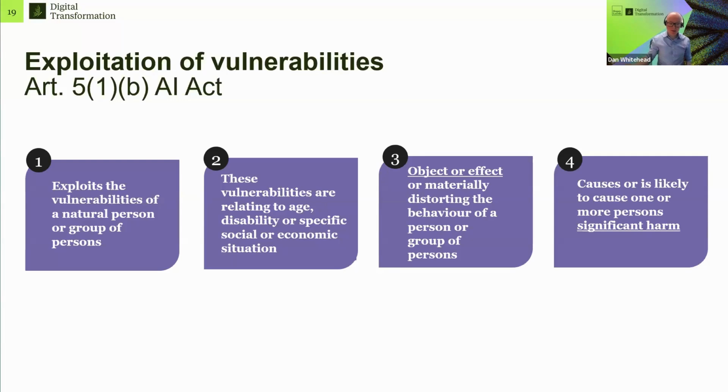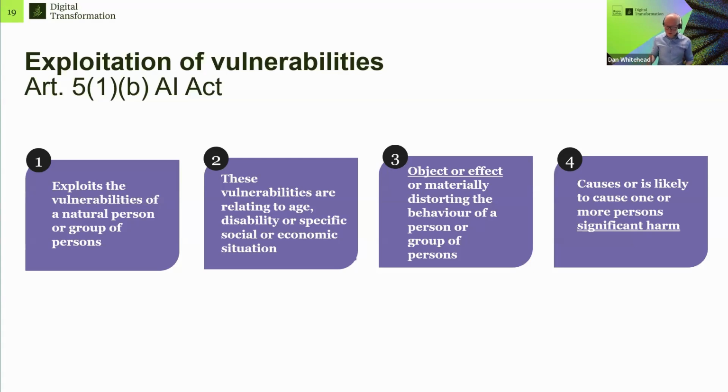So there's two parts of that. There has to be an exploitation, and there has to be a specific vulnerability that individual possesses that is relevant. And the vulnerabilities that this practice is focused on are age, disability, or specific social or economic situations. So wider vulnerabilities that go outside of that scope, whatever they may be, are not considered to be the focus of the prohibition. So there has to be a vulnerability, but there also has to be an exploitation of that